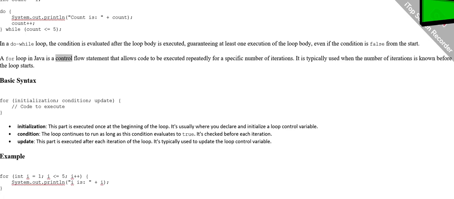A for loop in Java is a control flow statement that allows code to be executed repeatedly for a specific number of iterations. It is typically used when the number of iterations is known before the loop starts. Basic syntax: for (initialization; condition; update) { // code to execute }